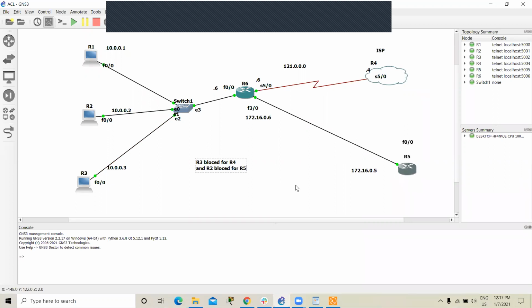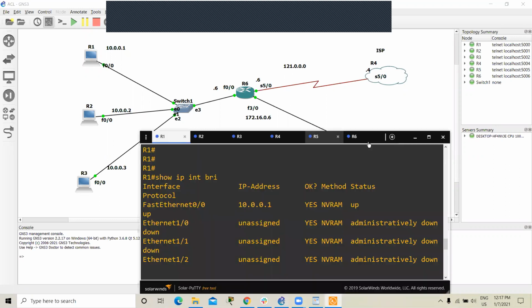And router 1 can access both destinations. So let's make the statements on the edge router.